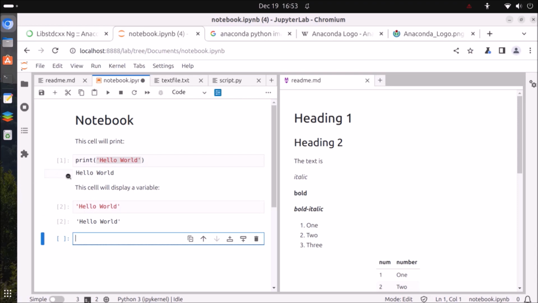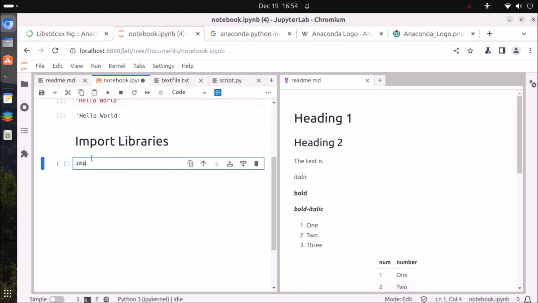So here we see the difference between a print statement and an output. Notice that the quotations remain in the output because this is an actual string that's not assigned to a value, so just displayed in the output, whereas the print statement's always just going to print something, and this is going to remove the string's quotations. So we can import the data science libraries. So we can import numpy as np, import pandas as pd, import matplotlib.pyplot as plt,